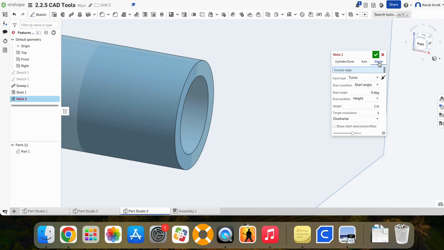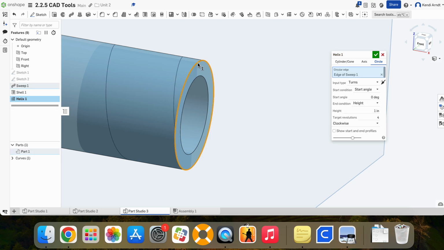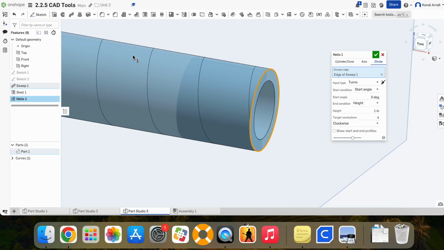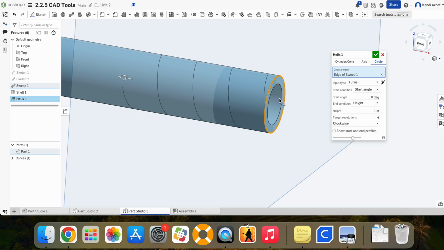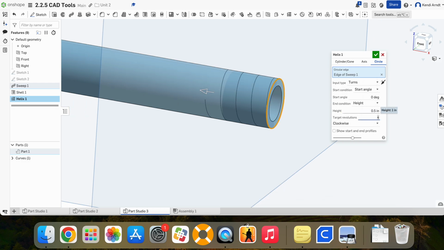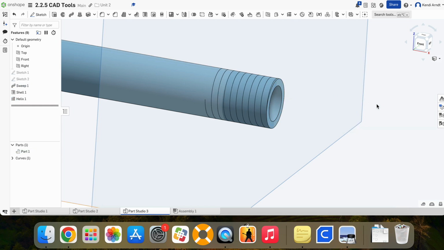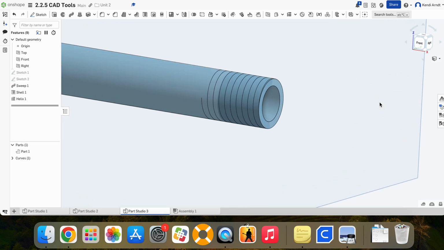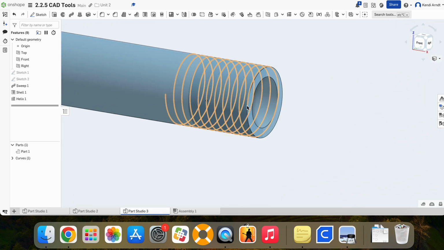Make sure to change the tab to circle and then pick that circular edge. And then the helix is showing up on the outside. So I can set this to be however far on the pipe it should be. I can set the target revolutions if I want it to be super tight threads, like let's set it at 10, right? That's a tight twist. Okay. And then that looks great, but one thing we have to be able to do is to put a